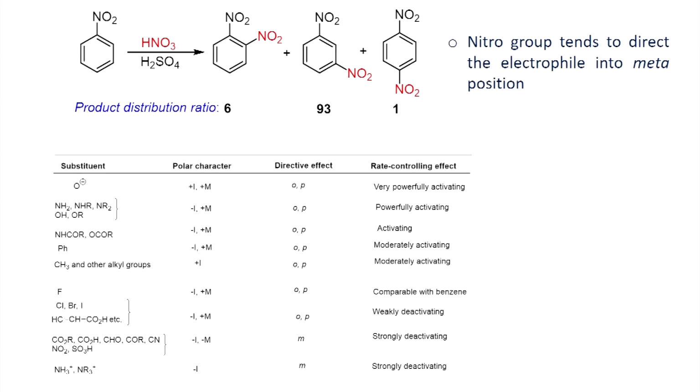Now, let us go for the nitration of nitrobenzene, just as we have seen the nitration of toluene. In this case, if you look at the ratio of the dinitro compounds, the compound that you form from the meta position is the major compound compared to the para and ortho positions. So, this also can be easily understood if you start drawing the resonance structures.